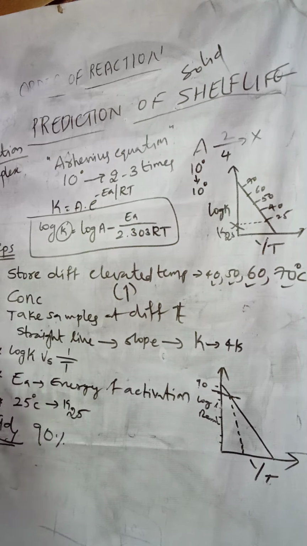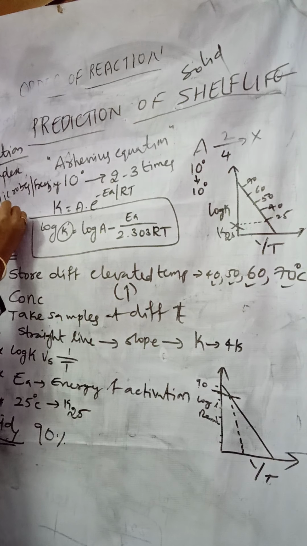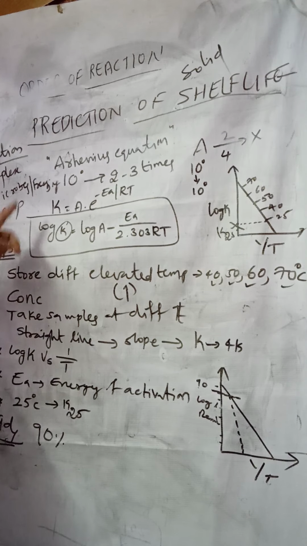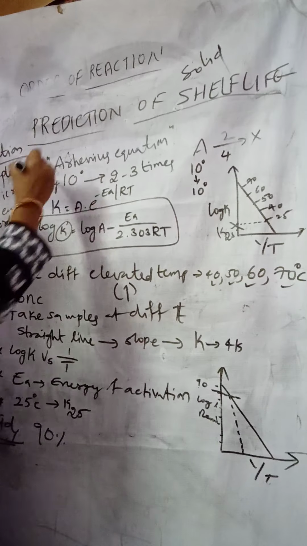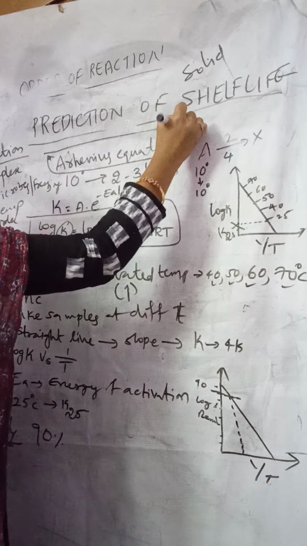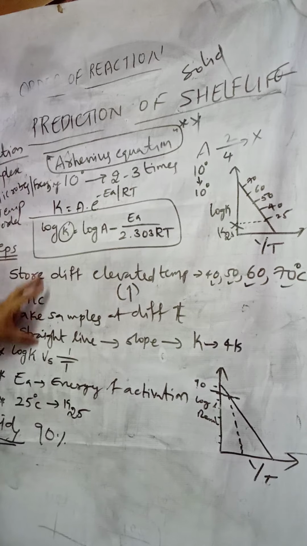And drugs which lose their physical integrity at elevated temperature are not suitable for this Arrhenius equation. And one more: if the drugs change their order of reaction. For example, first it is zero order, and if you increase the temperature it becomes first order, then we cannot use this for those substances. So if the substances change their order due to temperature, we cannot use this Arrhenius equation for them also. Okay, so this is regarding the prediction of shelf life. Mainly in prediction we concentrated on the Arrhenius equation. It is important also, so you have to explain all this.